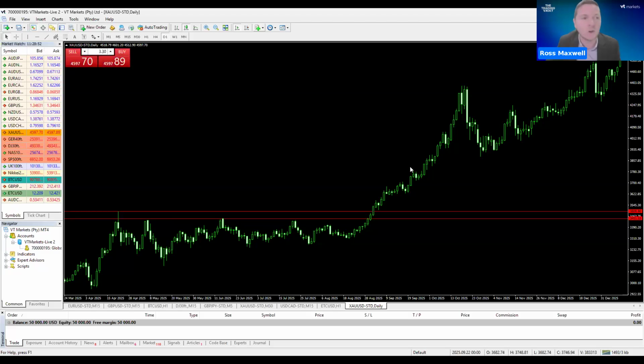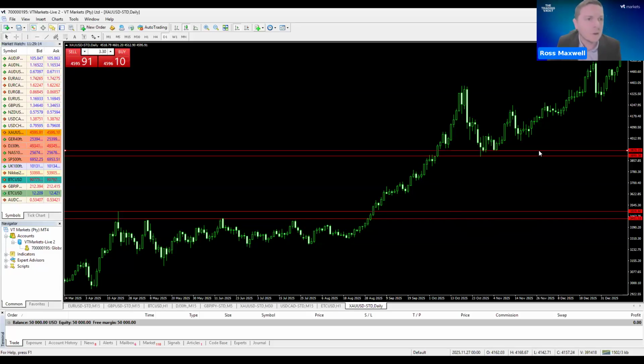There are a lot of reasons why that area around 3,450 to 3,500 would be a good area to buy from a higher time frame point of view. We also have some strong support in here, and this level around here. From a higher time frame point of view, until we start breaking these levels, and maybe even this level around here,